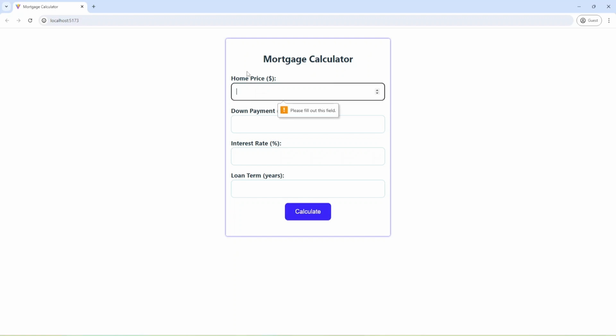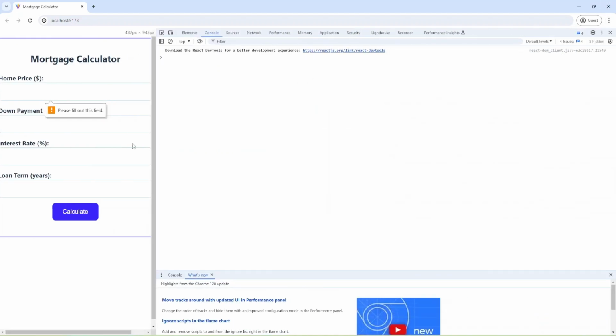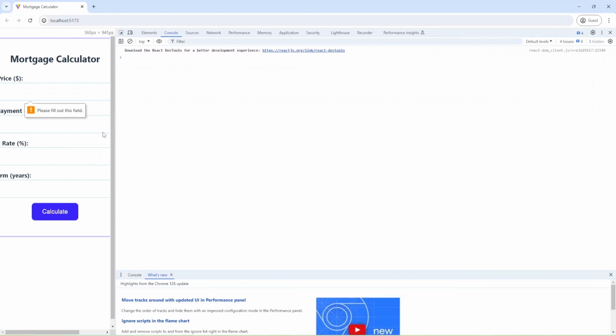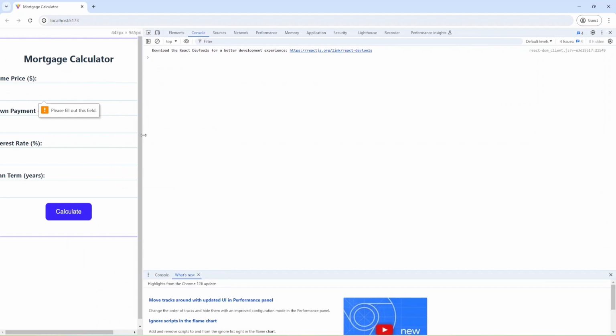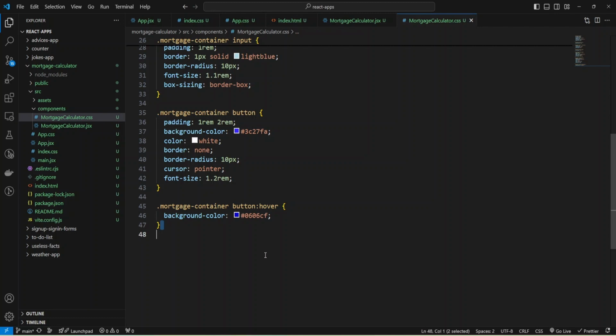Okay, and we have required fields, and one more thing, I would like to add media styles to decrease the size of our form for small screens. Let me do it in styles.